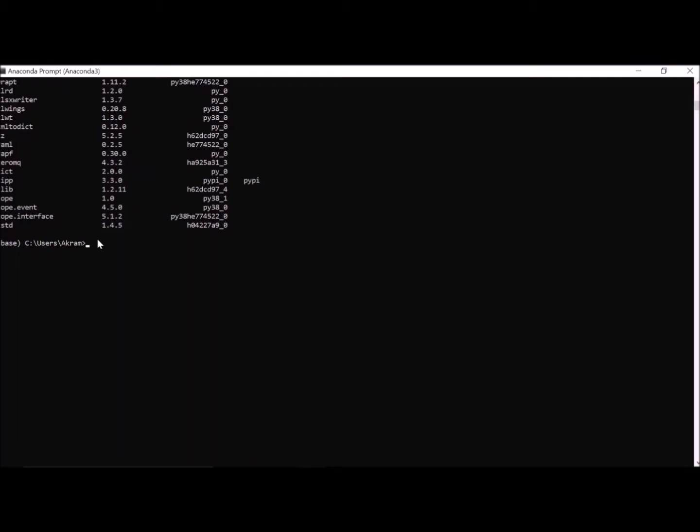One more thing, why we need a virtual environment: as I told you, in that virtual environment we install only the required libraries or dependencies, and we avoid version conflicts. Maybe in one project I am using Python 3.6, and in another project I am using 3.7, 3.8 or 3.9.